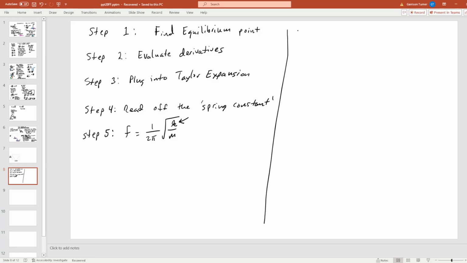here's the thing, right? U of x can be approximated by the summation of n equals 0 to infinity of the nth derivative evaluated at the equilibrium point times the quantity x, which is your variable, minus your equilibrium point. So this term is just shifting the origin. Okay, this term is just shifting the origin to your equilibrium point. Divided by n factorial. So what this does, if I write this out term by term,